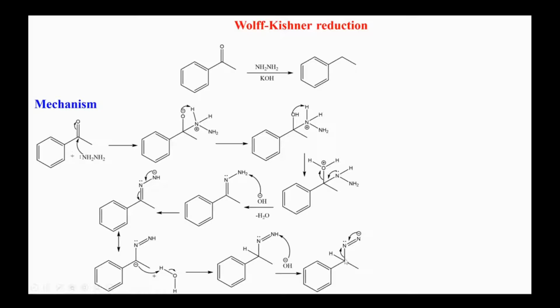Why is this the driving force for this reaction? Because nitrogen gas, N2, is an excellent leaving group. It's a very stable molecule. It leaves in gaseous form, and you will get a negative charge on this carbon, and this is the leaving group, minus N2. This is the driving force in this Wolff-Kishner reduction, and again this negative charge picks a proton from water and you will have a CH2. This is how you convert ketone into alkanes, or sp2 carbon into sp3.